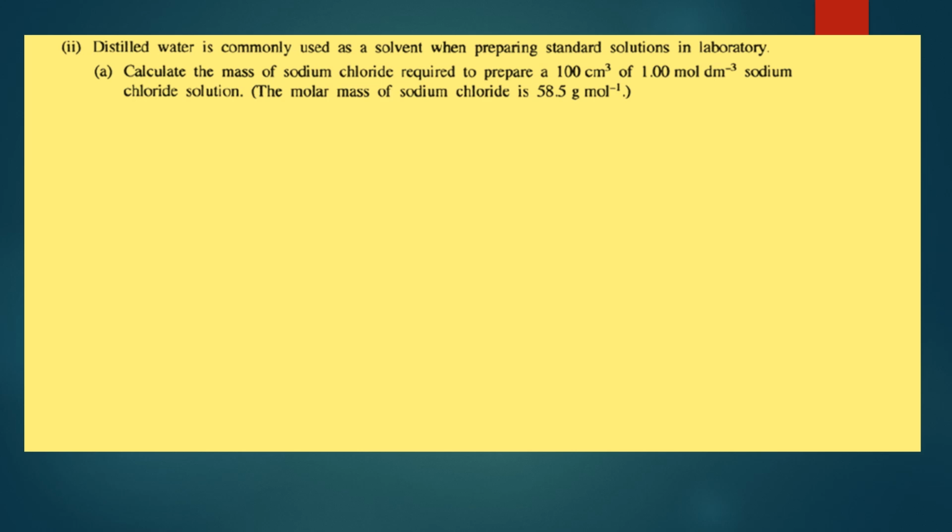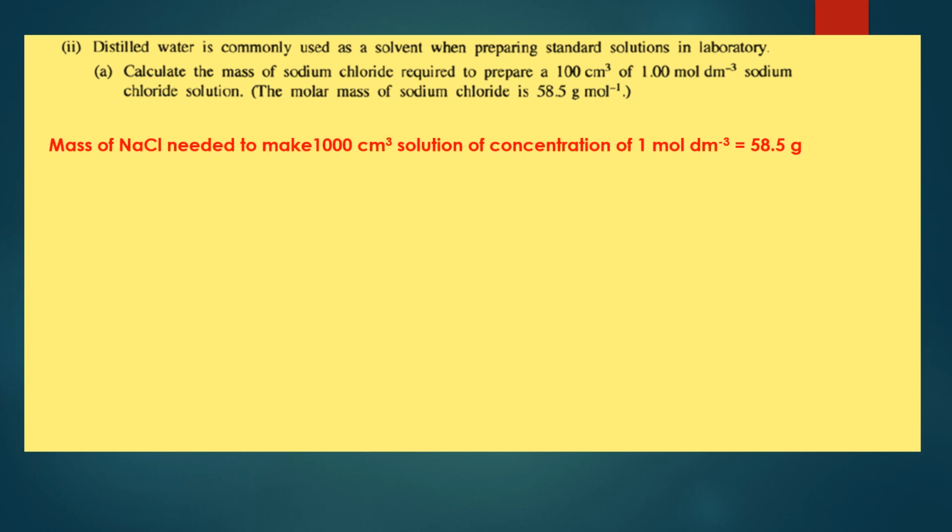So mass of a mole is 58.5 grams. Concentration is 1 mole per cubic decimeter. Then the mass of sodium chloride needed to make 1000 cubic centimeter solution of concentration 1 mole per cubic decimeter equals